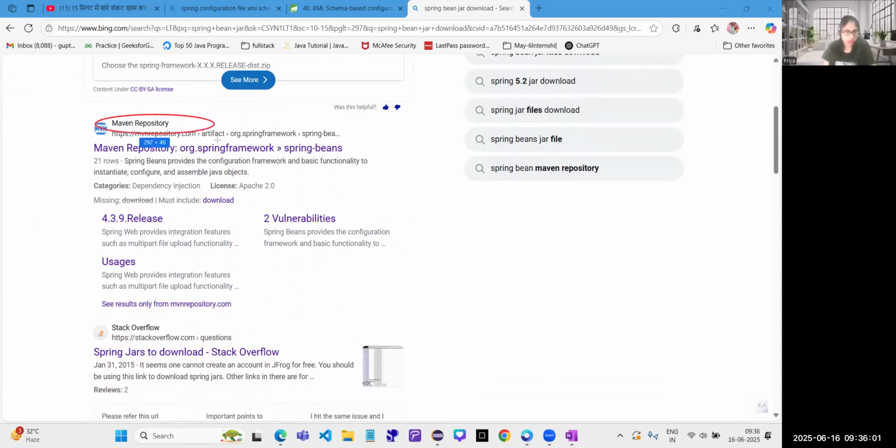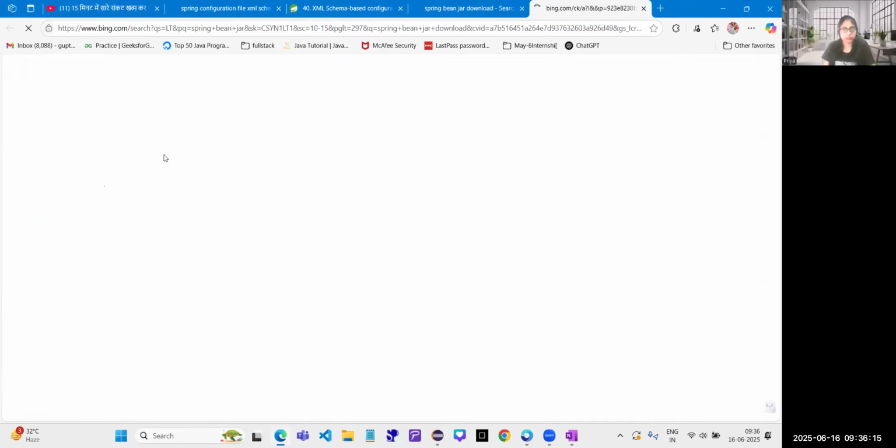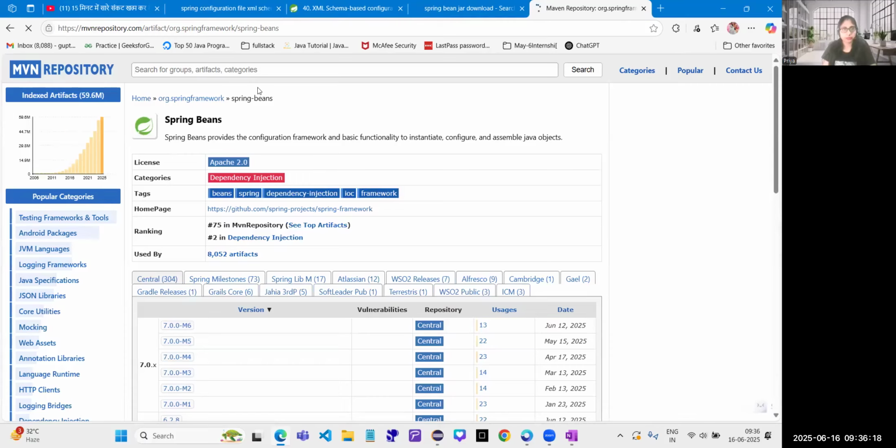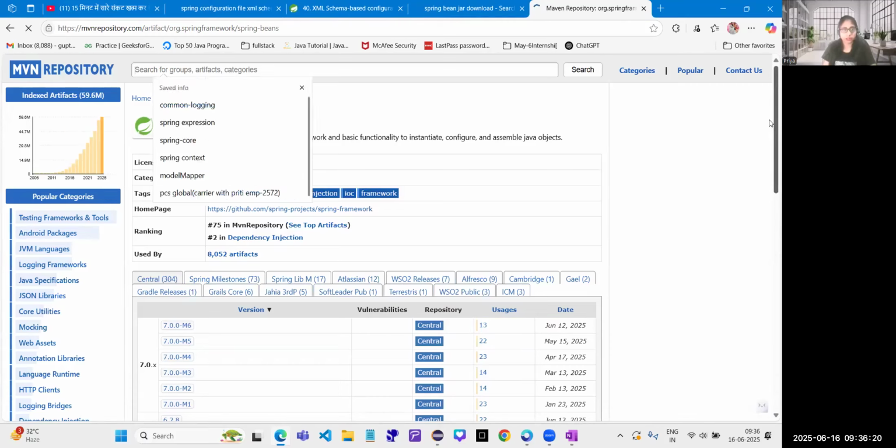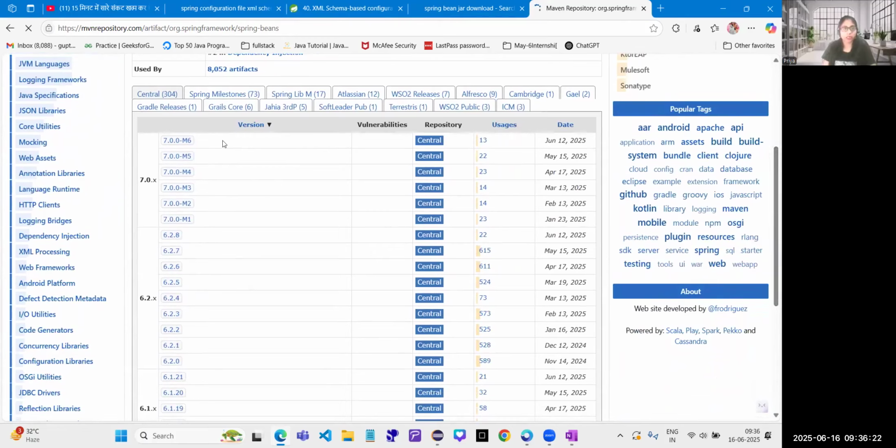This is the first link. Okay, we have to click on that. Yeah, just click. We have to see, and we download the latest version. Click on this,